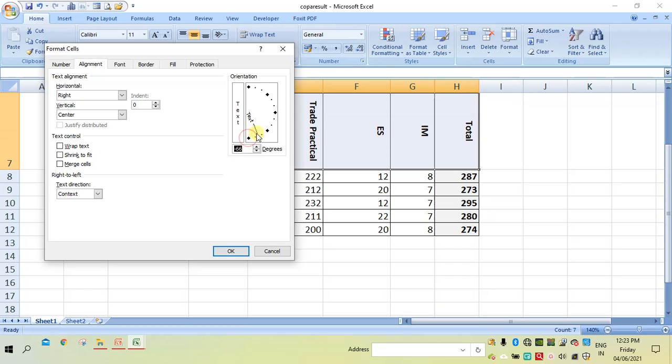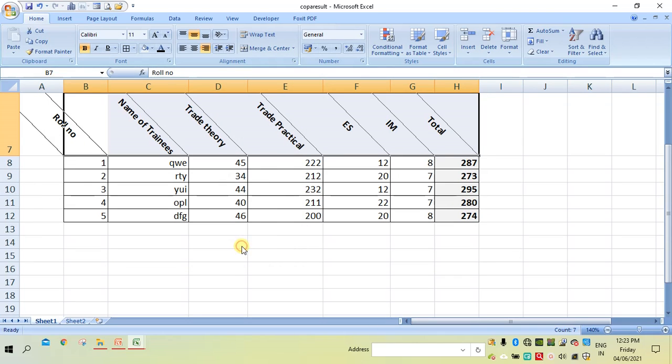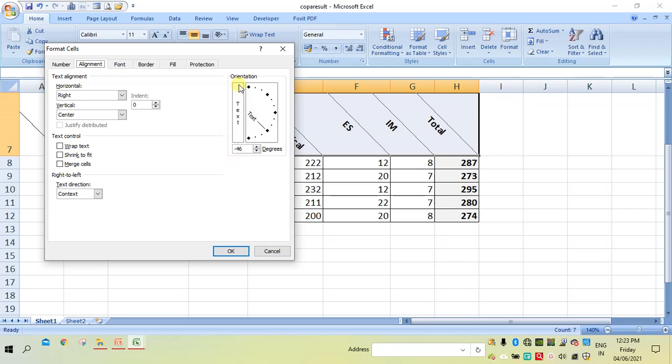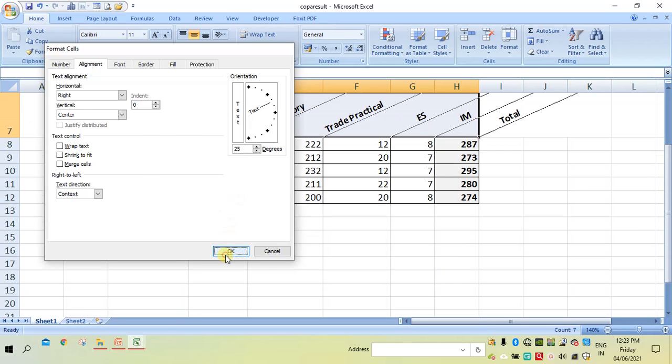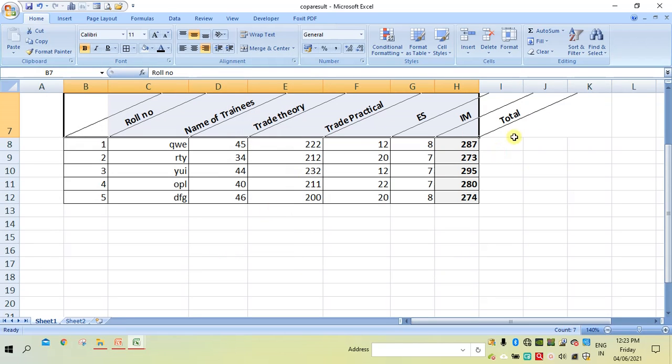For example, if you want this angle, you can also set it. So that is more options we have here. At any degree you can set the content of text.